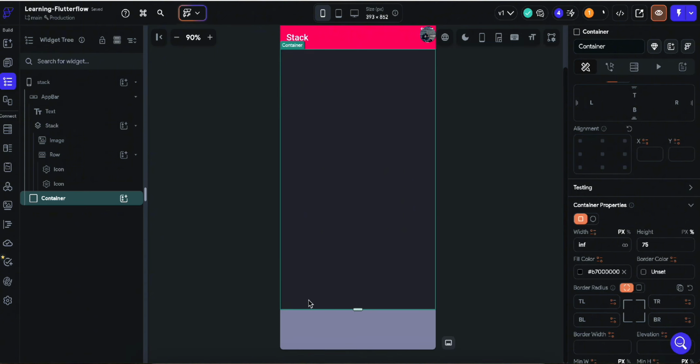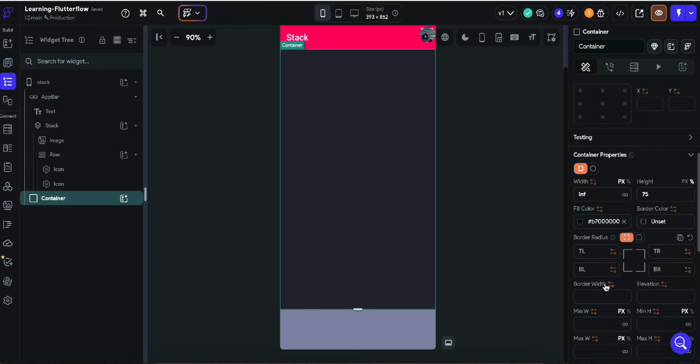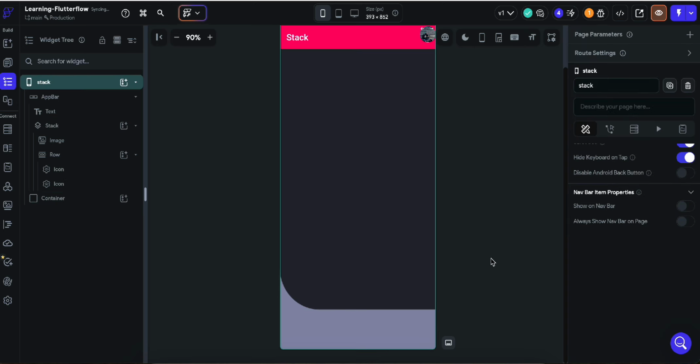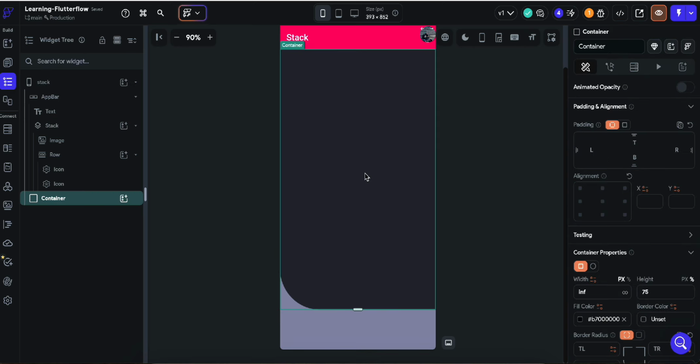And now we want a curve from this side, so this is bottom left side. So bottom left side should be 25 pixels, not 25. 25 is less, maybe 100. Yeah, okay, so 100 is fine. So the bottom layer is also done, but now what we want is two widgets